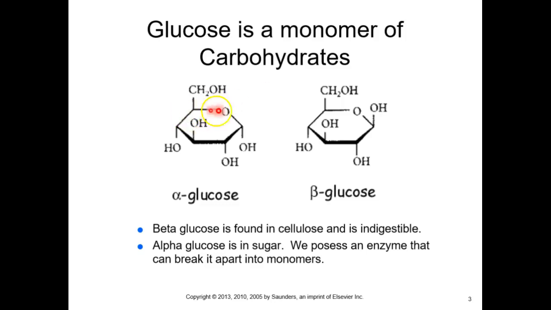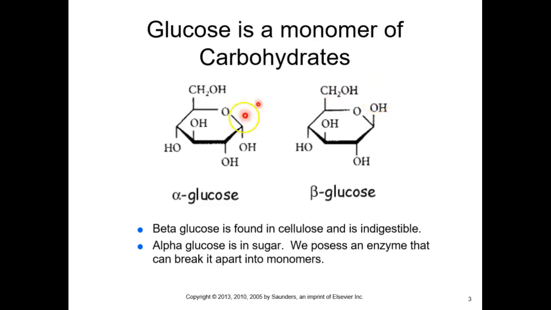Glucose is made out of carbons and hydrogens with some extra oxygens in there compared to some of the other molecules we're going to see. It usually takes the form of a ring. So every time that I've illustrated this as a hexagon, that was not incidental. It's hexagonal in nature. There's a couple of different forms of glucose. Honestly, alpha glucose is the one we can eat. Beta glucose we can't. Very, very small changes in these molecules, like the direction of this hydroxyl group. This hydroxyl group going down means that we can break apart the polymer into glucose. This hydroxyl group being oriented in this direction means we can't.